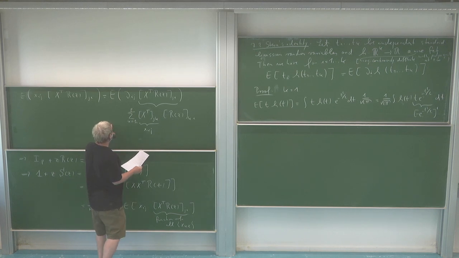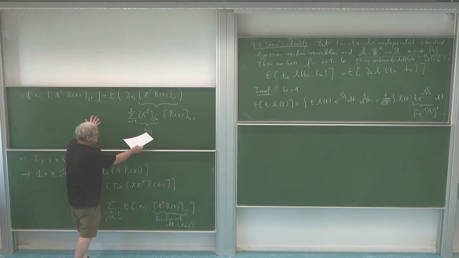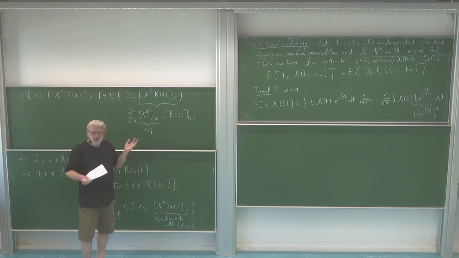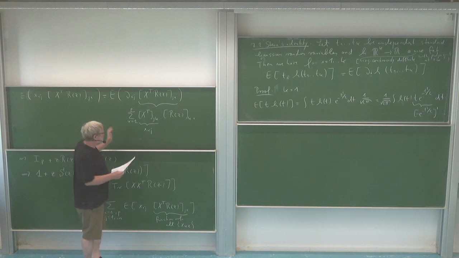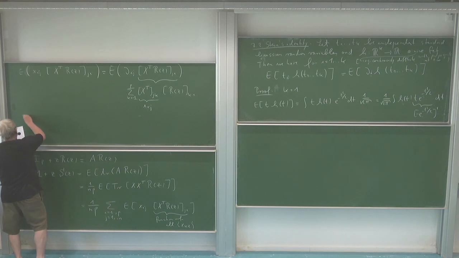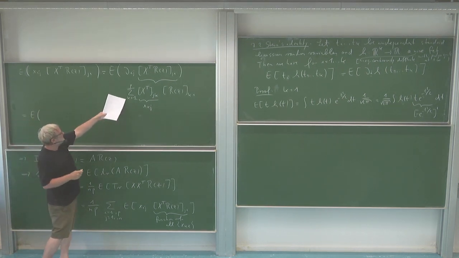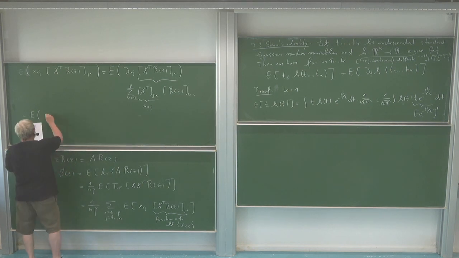Okay, but now I take the derivative of this, and now I apply the product rule. And for this, it's very easy, because it's either the variable I want, or it's one of the other variables, and then the partial derivative is 0, and then I have to take this. So what do I have? I have the expectation of, and I put this sum here, I'm taking out. It's a sum k from 1 up to p.